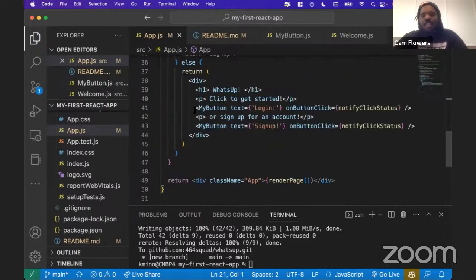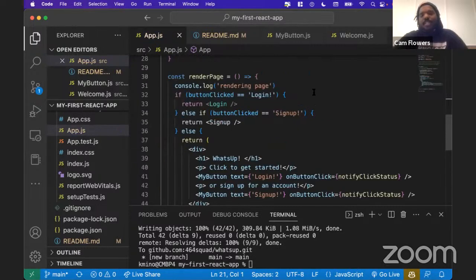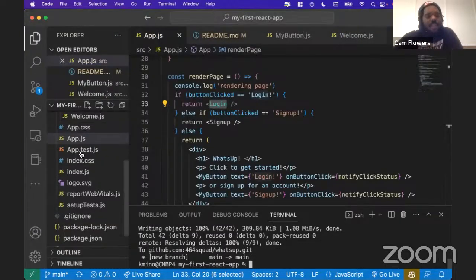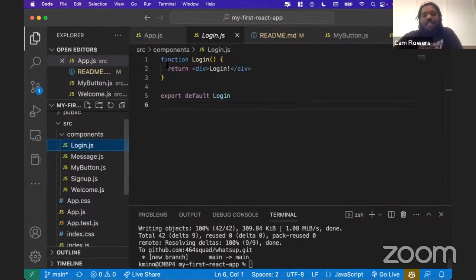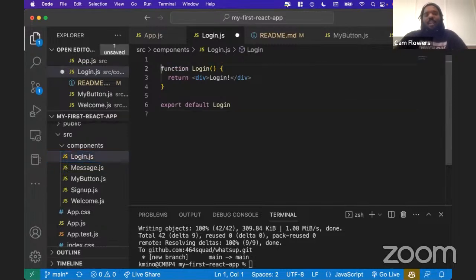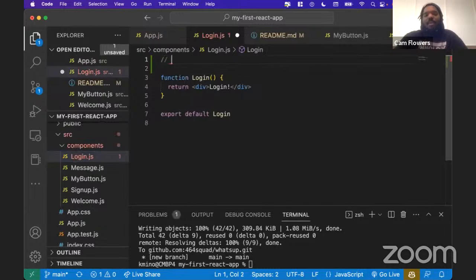Save that. And so clearly, if the button clicked is login, we're going to return the login component. The login component is right now just rendering some text. If we look at the login component itself, that would make sense because this function is only returning some text right now. So what I want to do is start building this component out to be a little more robust. Essentially, what I'd like for this component to do, I'll leave a comment up here, is to